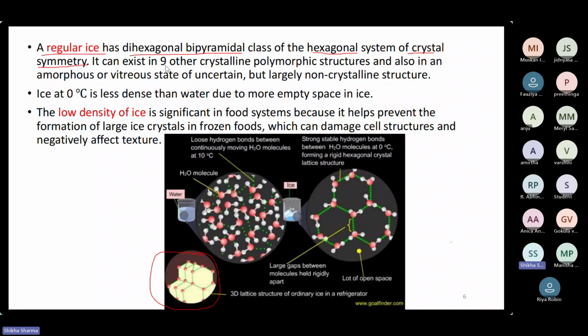It can exist in 9 other crystalline polymorphic structures also, and also in an amorphous or vitreous state of uncertain but largely non-crystalline structure. And ice, when it is at 0 degrees Celsius, is less dense than water due to,